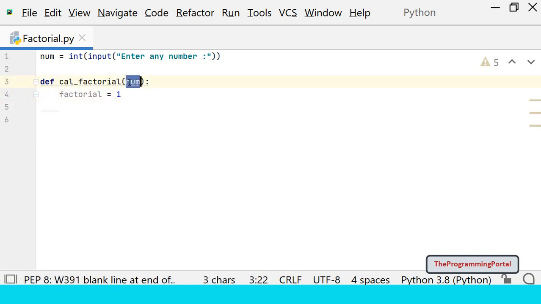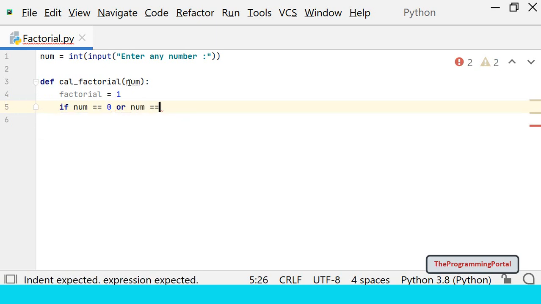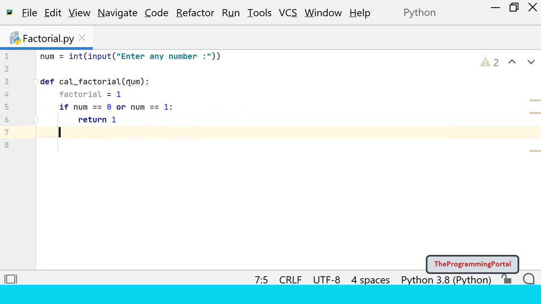If the number equals 0 or 1, then we can simply return output as 1. So we can write if num equals to 0 or num equals to 1, just return the output 1 here. The factorial of number 0 and number 1 is 1, so we are returning output as 1.